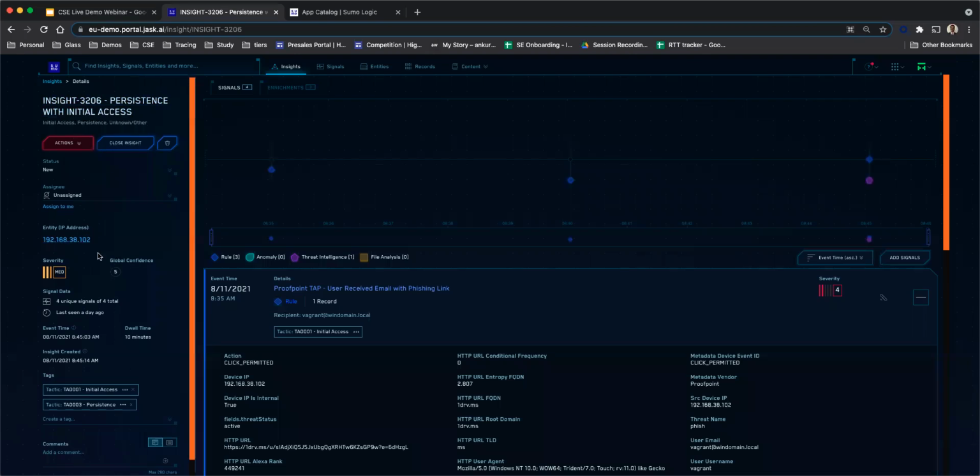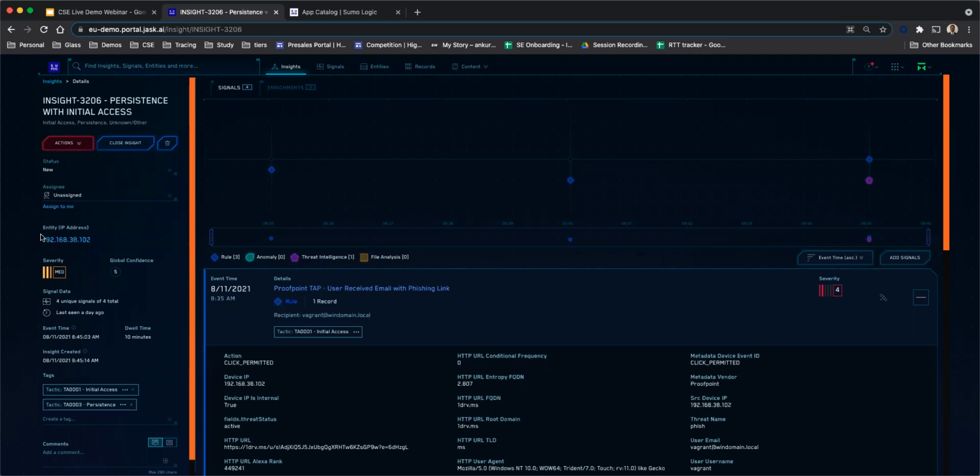And below this, you can see there are 4 unique signals which have contributed to this insight. So we use an auto clustering mechanism to go through all the signals which are generated by the platform, and the system automatically has found out these 4 unique signals which are contributing to this particular insight.